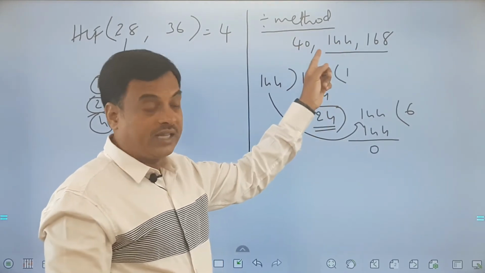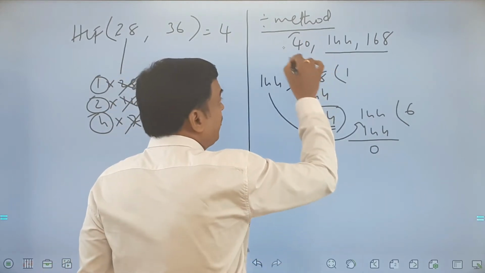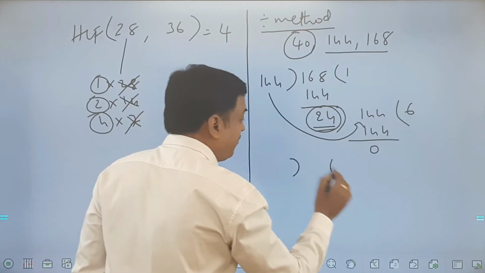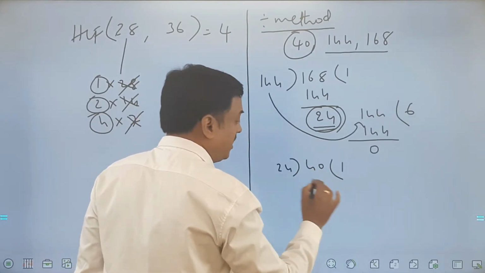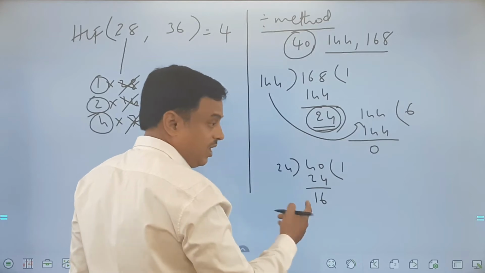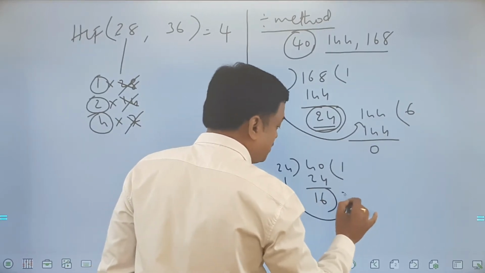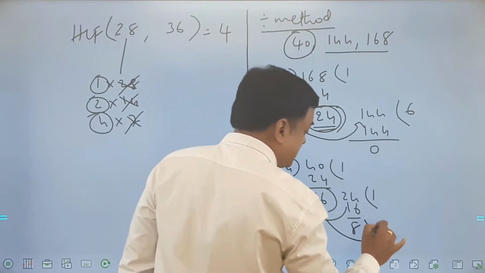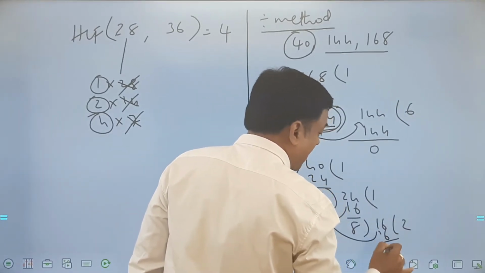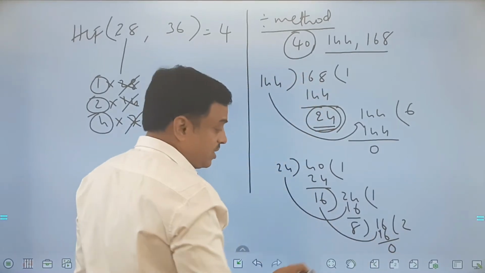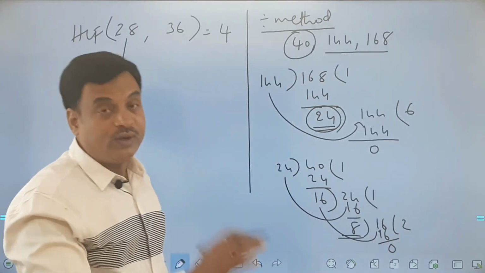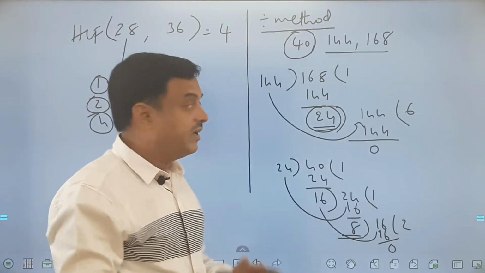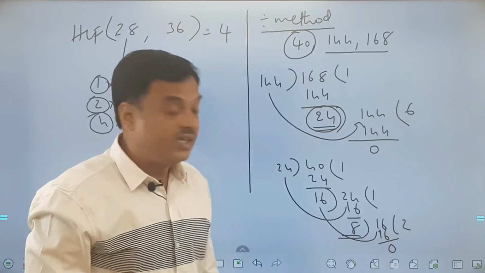We have not involved 40 yet. So now between 40 and 24 we'll do the same method again. I'll divide 40 by 24. 1 time 24, I got 16 here, non-zero. So I should send this 24 here, 1 times 16, 8. Again I'll send 16 here, 2 times 16 and the remainder is how much, friends? 0. So whenever you get 0 as remainder, the last divisor is called the HCF. So for all these three numbers, the HCF is 8.